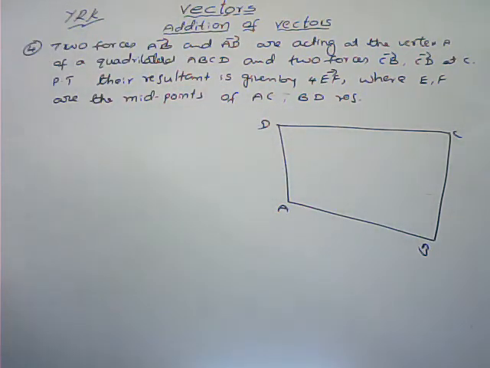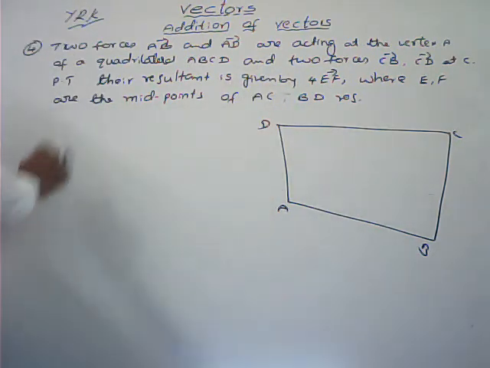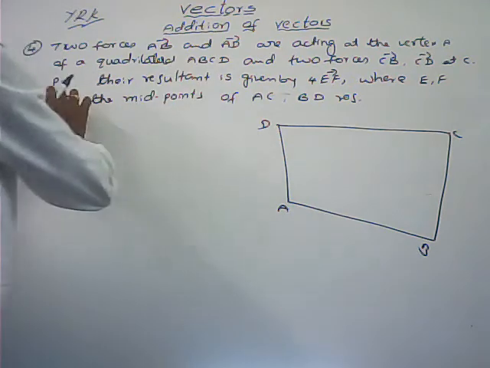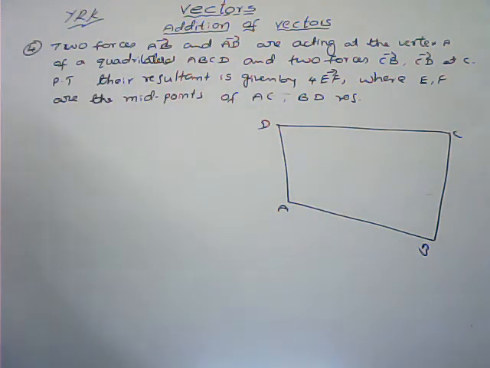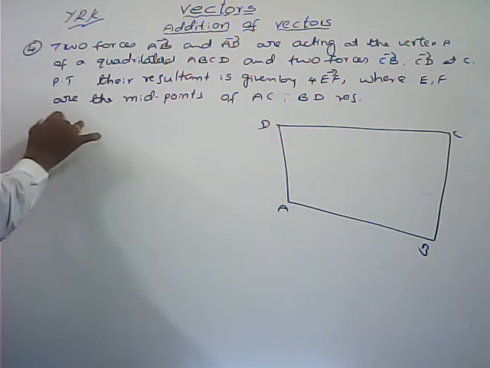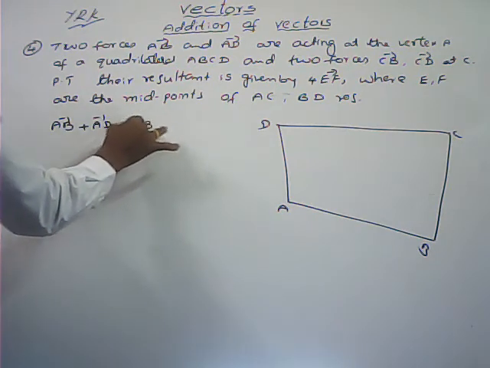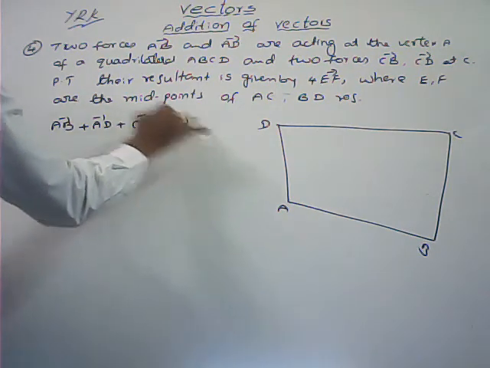Two forces AB and AD are acting at the vertex A, and CB and CD acting at C. Prove that their resultant, meaning AB bar plus AD bar plus CB bar plus CD bar,